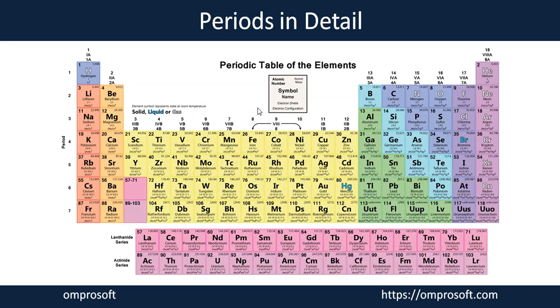So here in the periodic table we have 7 periods in total, and while we move along the order of period, the number of elements in each period also increases. Like in the first period we have 2 elements, in the second and third we have 8 elements, in the fourth and fifth we have 18 elements, in the sixth we have 32, and the 7th is considered incomplete, but it also has approximately 32 elements. So here is the information about the